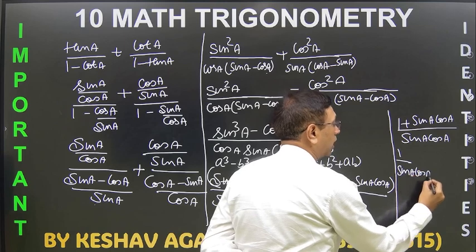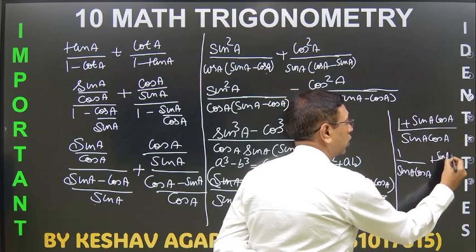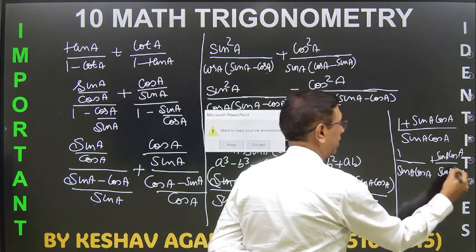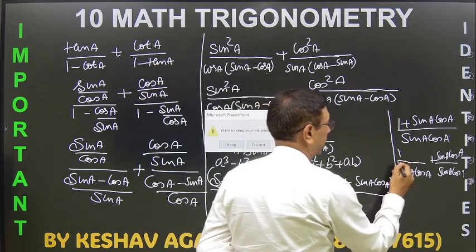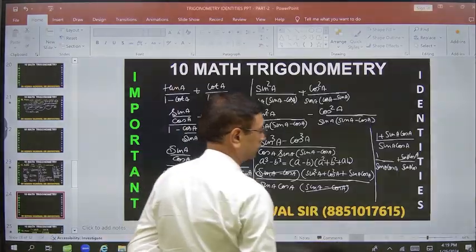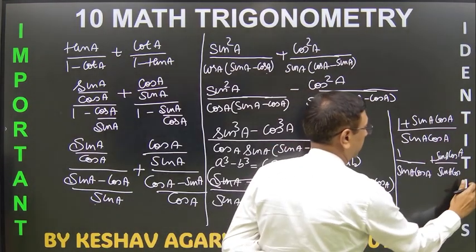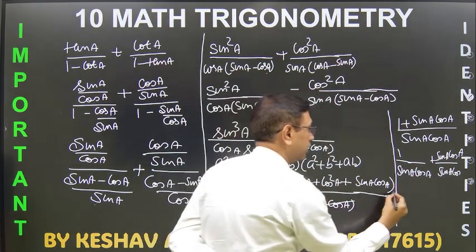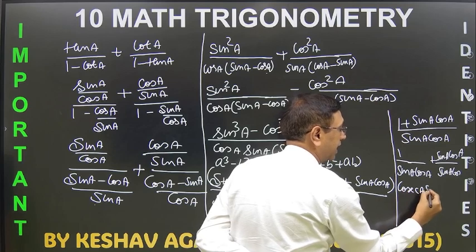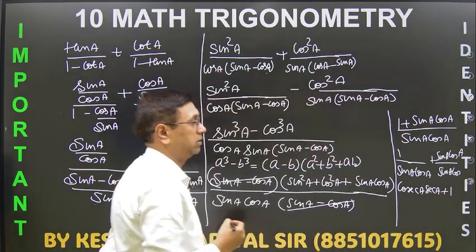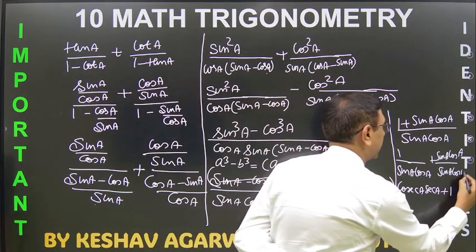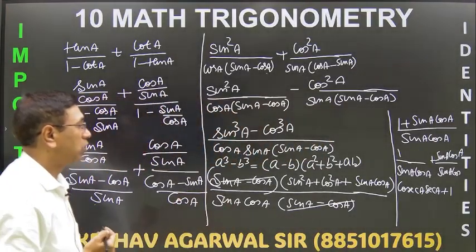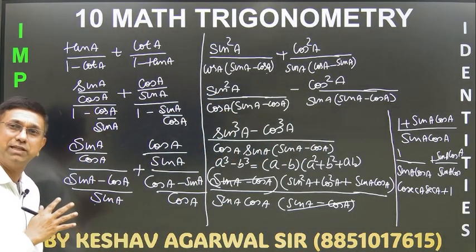sin A cos A. इसको अलग कर दो. अरे भाई इधर देखो, sin A cos A upon sin A cos A. Okay, so what is 1 by sine? Again cosec. So cosec A sec A and plus 1. Sin A cos A कट जाएगा. So this A will get cancelled. So that is what we will get. Cosec A sec A plus 1. So this was using sin and cos.